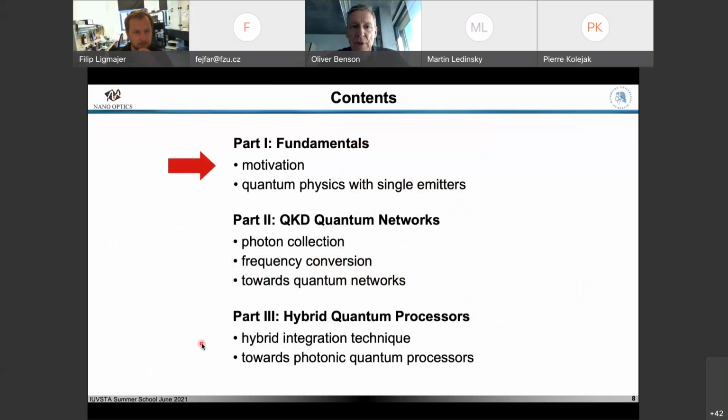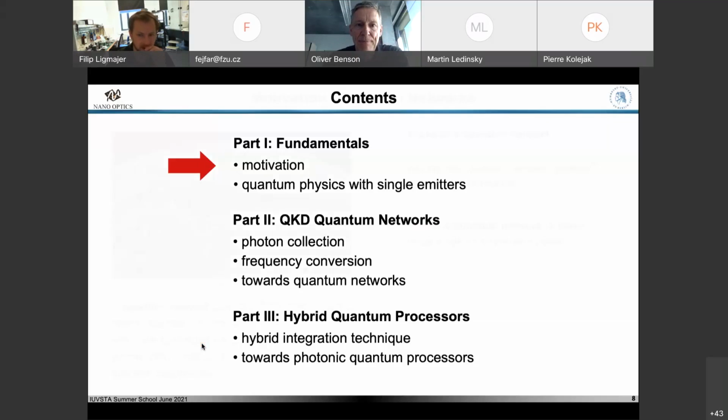So the idea of the presentation may be three parts. I'm not so sure whether I will have enough time to talk about the third part, but first I would like to start with some fundamental effects that we are studying in these systems or with these systems. And also these fundamental effects lay the ground for applications in quantum technology. And I would like to touch upon two issues. One is quantum networks, where it goes about collecting photons, quantum light from such quantum systems. And the third part, how to combine them maybe to realize photonic quantum processors.